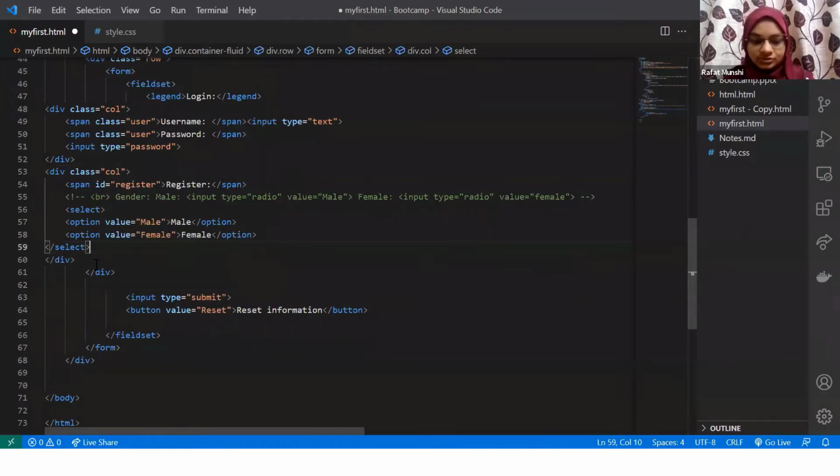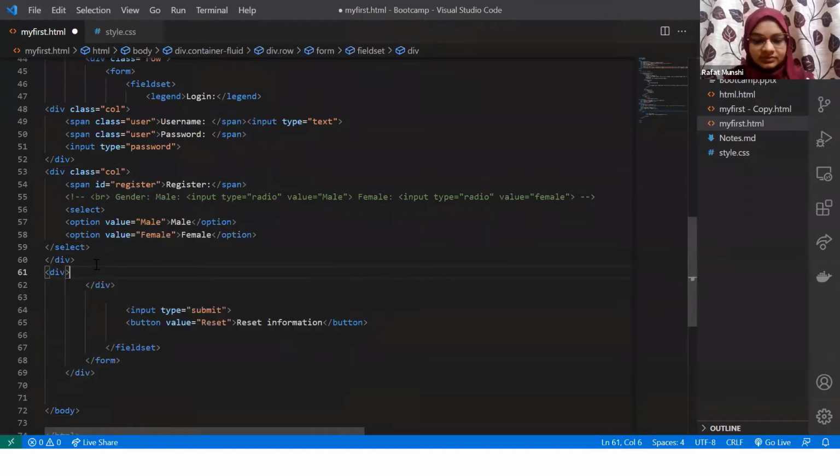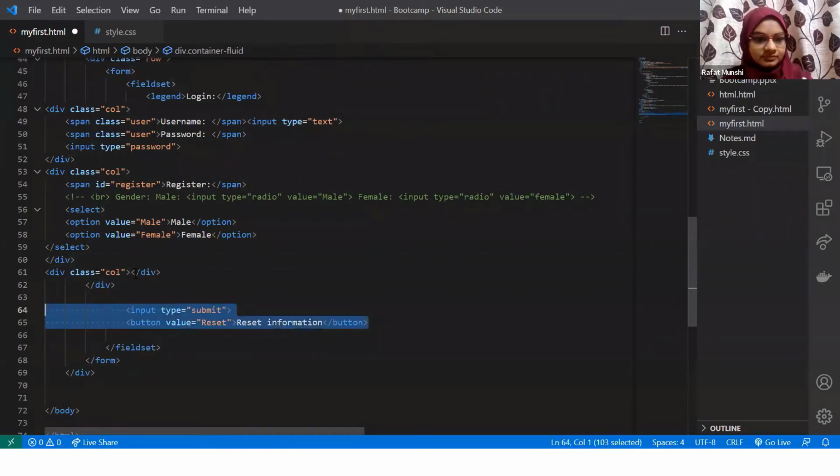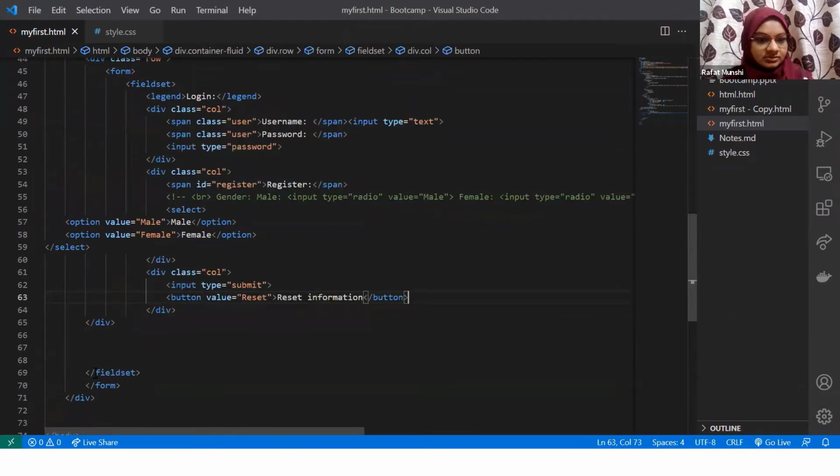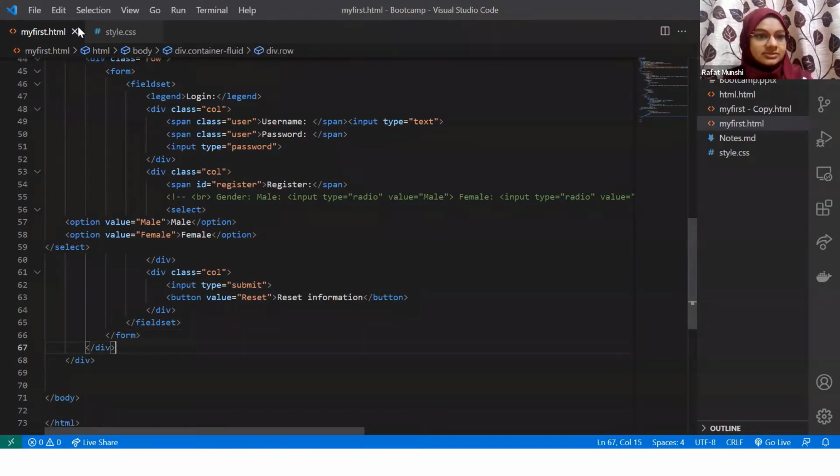And then let's say in the last column, I want to put the submit button. And then finally, I'm putting my fieldset and end form within my div. So this is how I have thought that I would lay out my page.